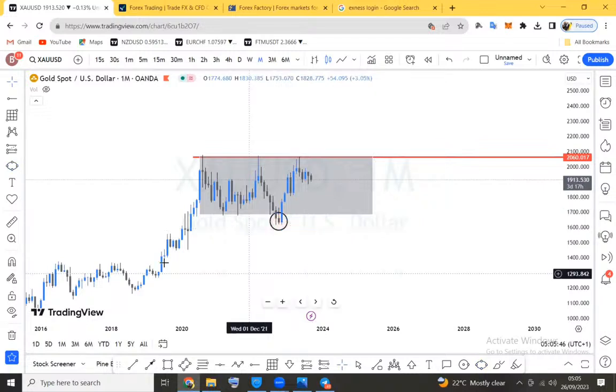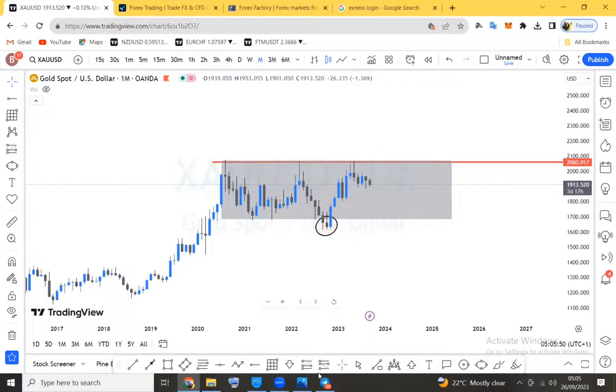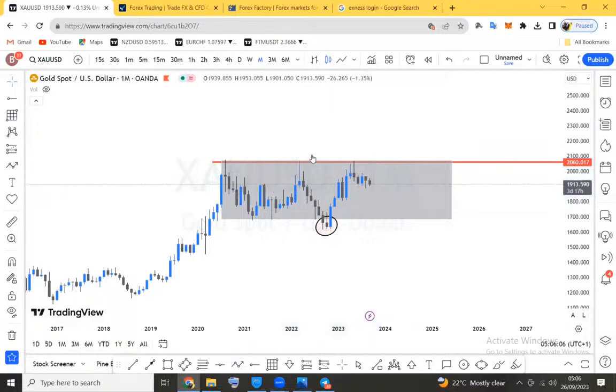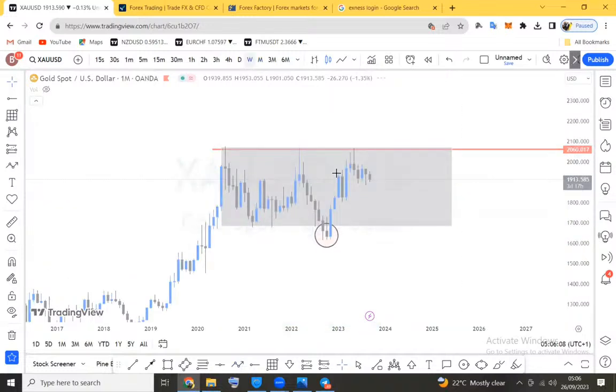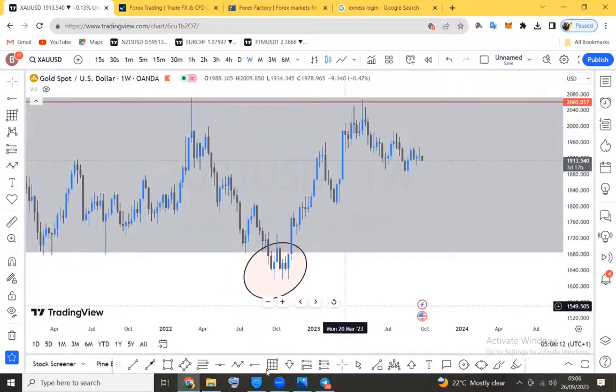We can see here clearly on gold, there has been a consolidation expansion theory application, where the market consolidated within this structure, and we had an expansion out of the structure, and we currently have a distribution. So there is a great chance that gold will rally above and break that ceiling in the months ahead. So we should pay keen attention to the current movement of gold.